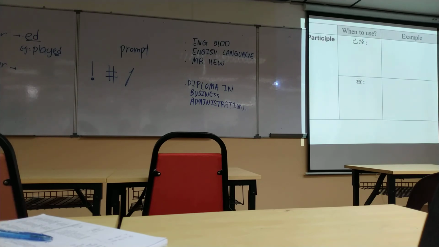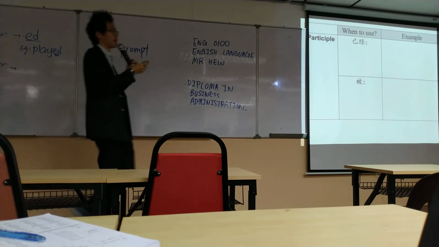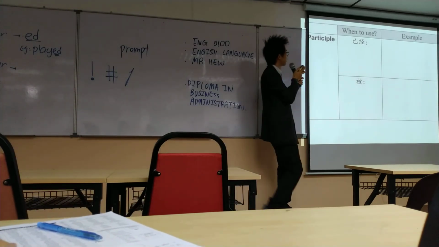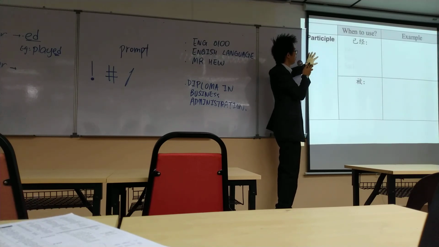There are two ways to use eaten. One, we call it 已经, already. Another is passive. In English, this is what we call perfect tense. This is what we call passive voice. Okay? A lot of people couldn't master this, but it's quite important actually. Okay, we use the word has